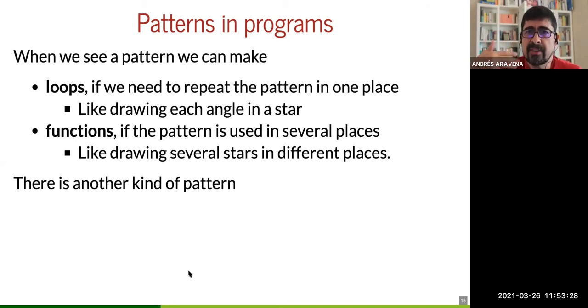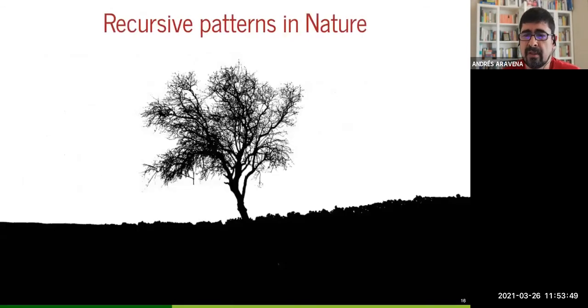That allows us, for example, to make a program to draw a house, and you will have to essentially draw the same windows with a loop. If you make a building, let's say, you have to draw all the apartments with a for loop. But there is another kind of pattern that happens in nature and in particular in biology. The pattern that we see here.